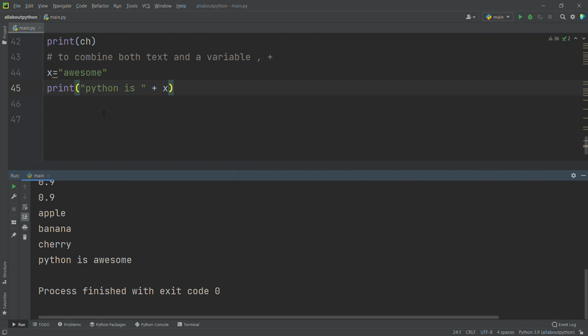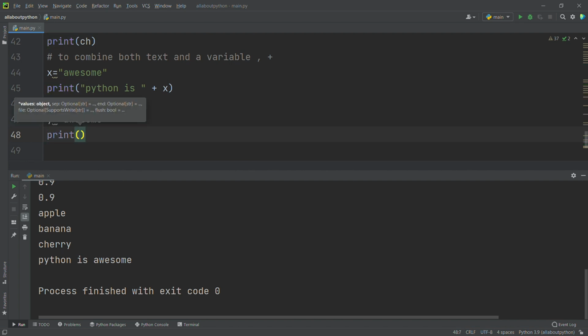At the end it's printing Python is awesome, right? So now we have seen how to concatenate a string to a variable. Now we will see how to concatenate a variable to a variable. I will say x is equal to Python is, and in y I will say awesome. Now I print x plus y, since we concatenate in Python by using the plus symbol.